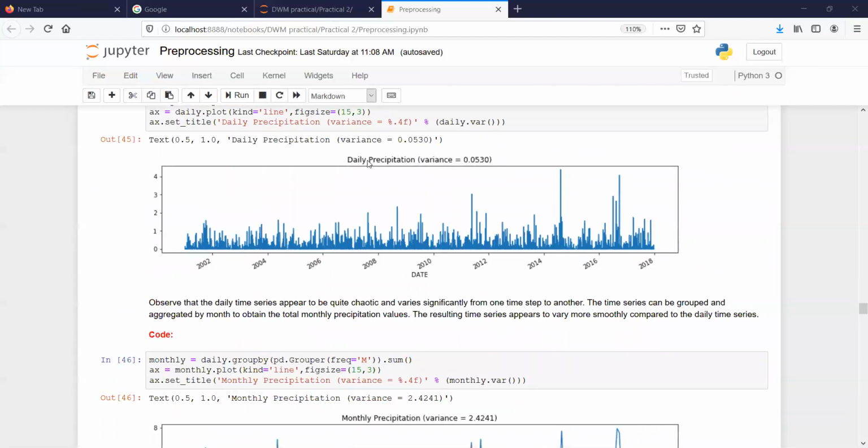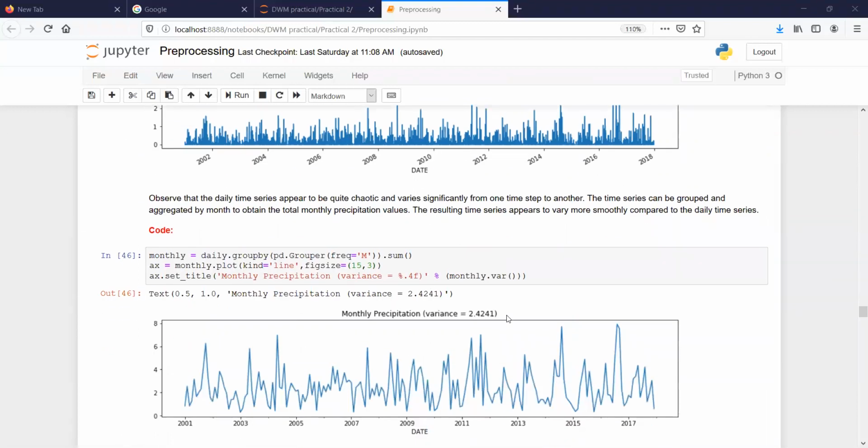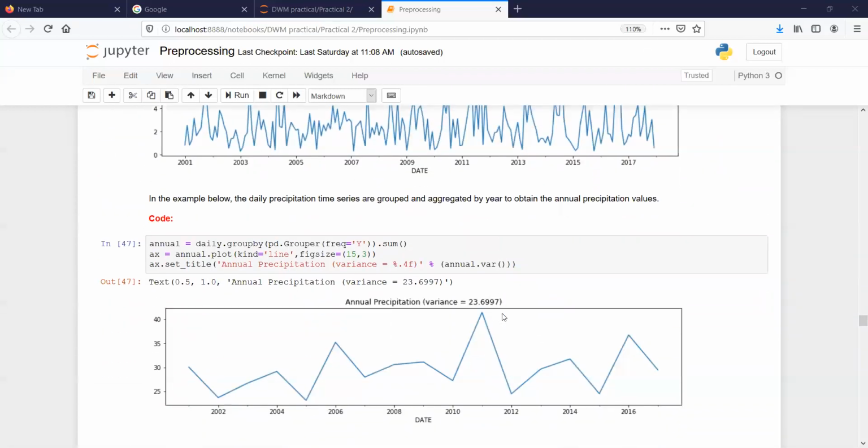Here for the daily precipitation, the variance is very low, almost zero. Here it is increased. If we plot using this aggregation, combining all the data, we are going to plot the annual data.